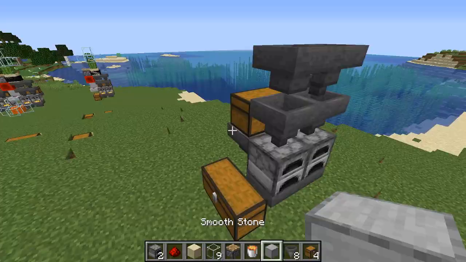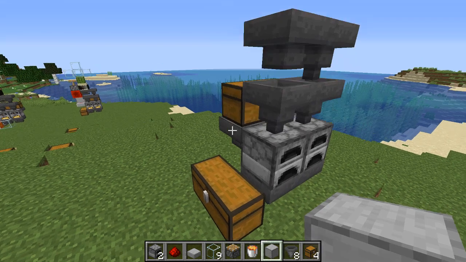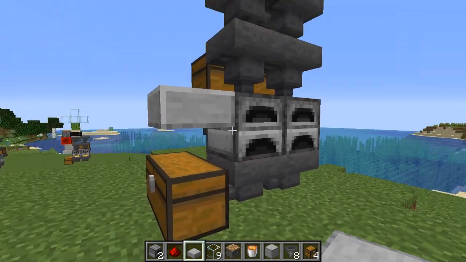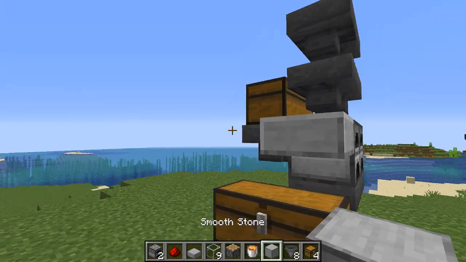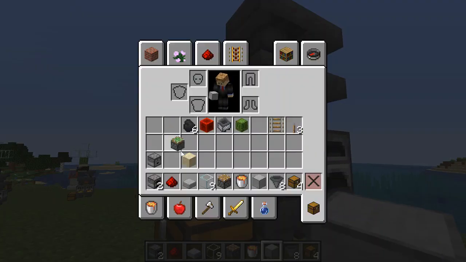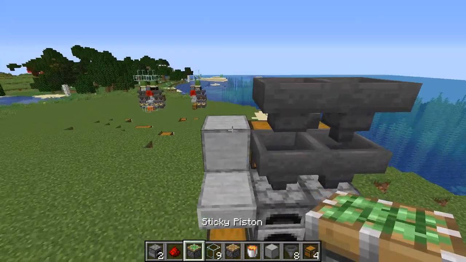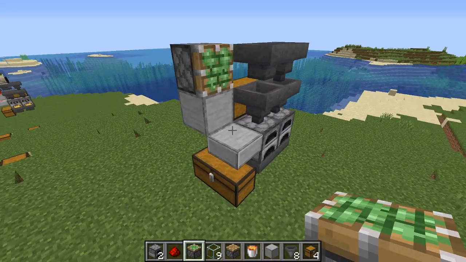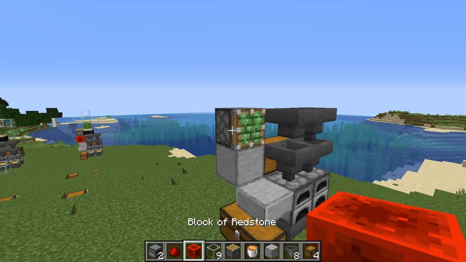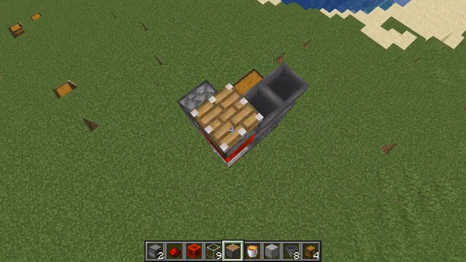And now let's start working on the redstone circuit. We're going to do that by taking our half slab and putting it on the top of this furnace, and then we're going to take our solid block and put it on that chest. We're going to take our sticky piston and put it on top of that solid block facing over this half slab, and we're going to attach the redstone block to that, and we're going to put our piston on top